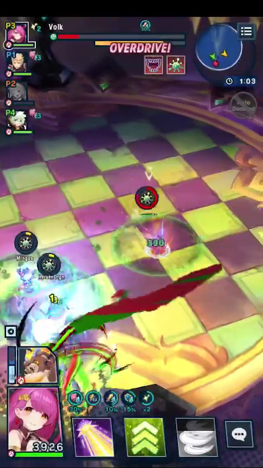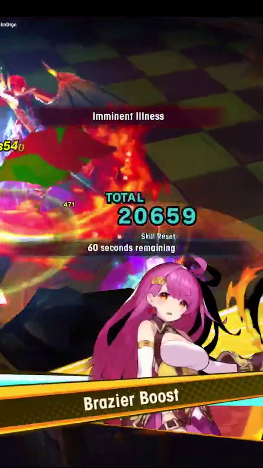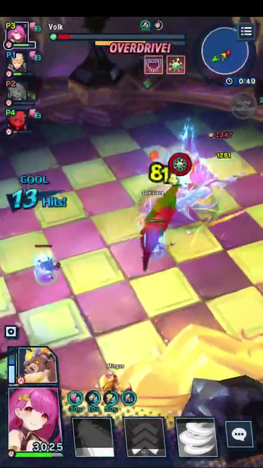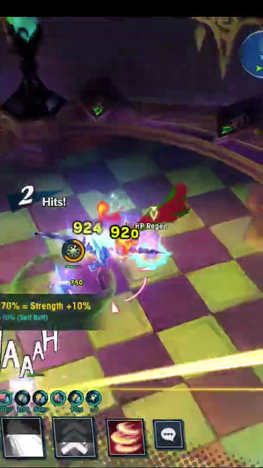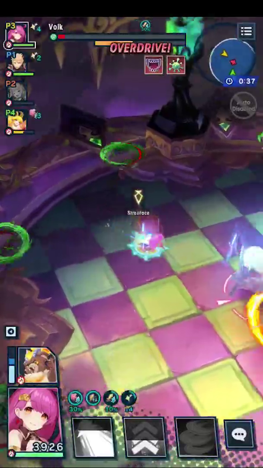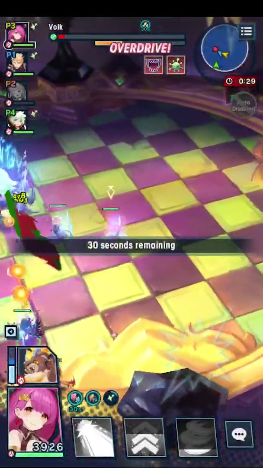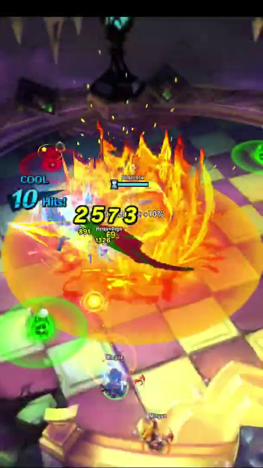Volk will then teleport back onto a player and use a spin attack, then an Imminent Illness, then a dash, then a spin attack. Volk will then initiate another Ravenous Claws phase, complete with 2 dashes as before. Volk will then repeat the previous Underdog's Revenge phase, where it will immediately be followed by a Pestilent Winds and